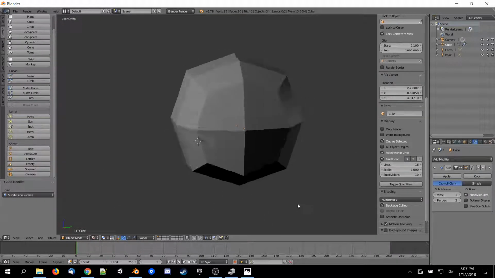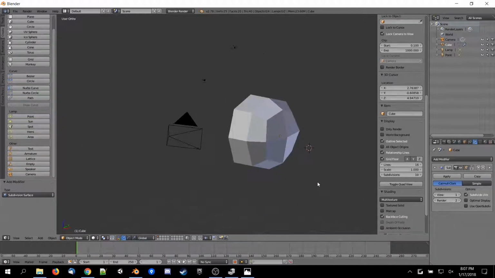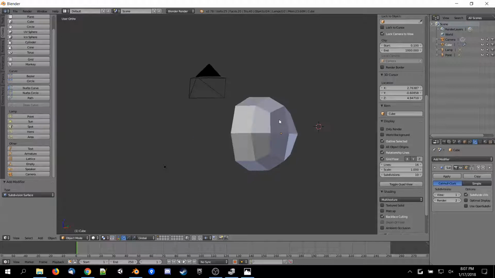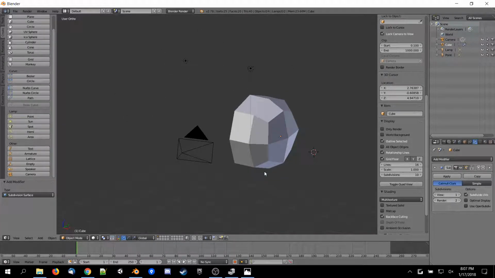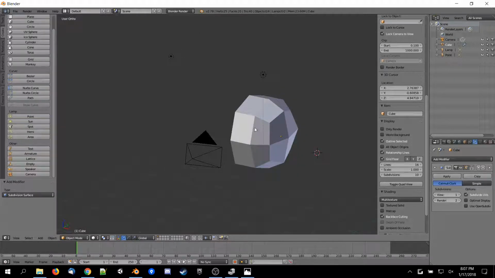All right, so we've got a rough head here, if you can call it that. I'm going to get a little light down at the bottom, or you can switch over from this material mode to solid mode, which kind of lights your model up a bit from all sides. And you can see these faces are all very apparent. It's called faceted, and for a head you can tell right off the bat that that's not going to work too well. So I want to smooth all those faces out,